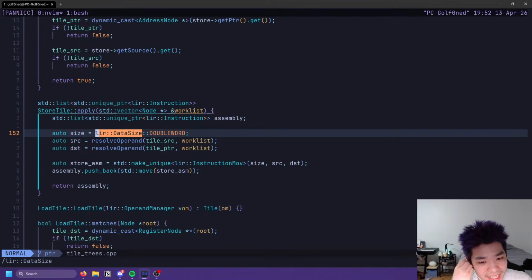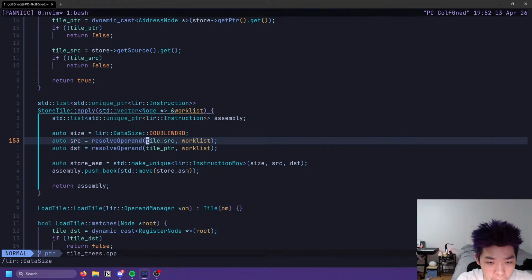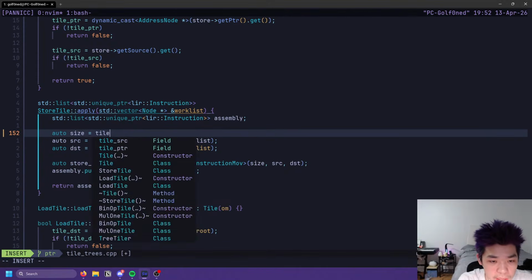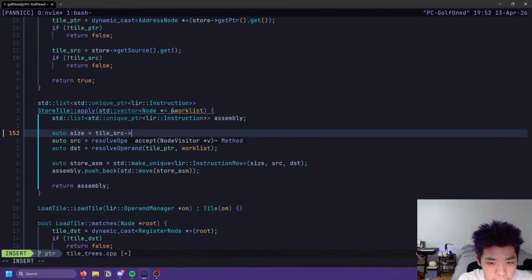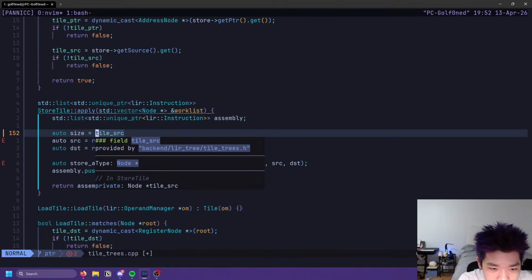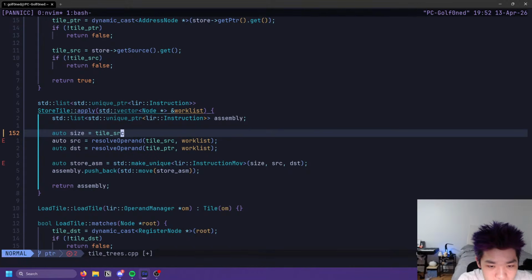Okay, great. So this is a store tile, so this should be tile source. What type? Oh my god. How do we get the size? How do we lose the size somewhere? Okay, that's really annoying.